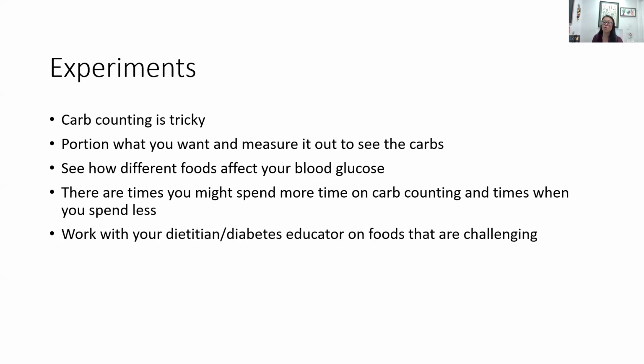Is it raising more than 50 points within the hour and a half to 2 hours, or is it raising less than 50 points? And then really know that different foods affect our blood sugar differently. And perhaps for you, having beans or lentils mixed into your rice is something that makes that rice less glycemic if you enjoy rice. So try to figure out ways to adapt and make changes while still enjoying